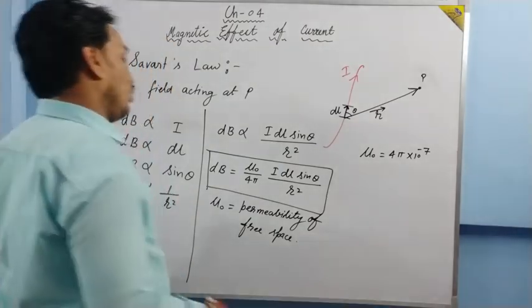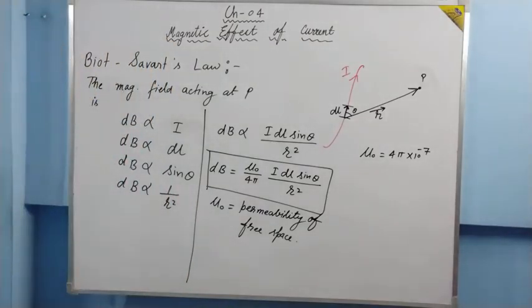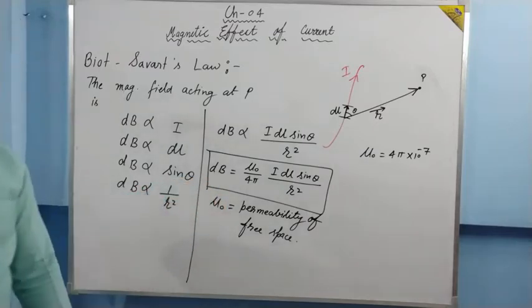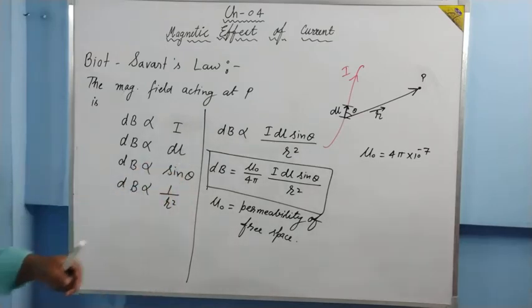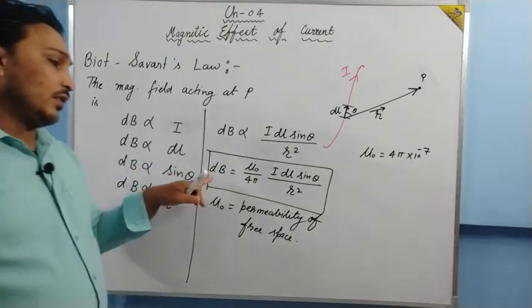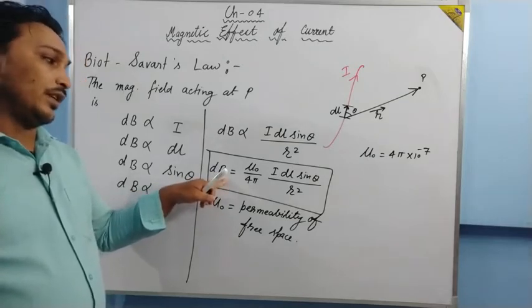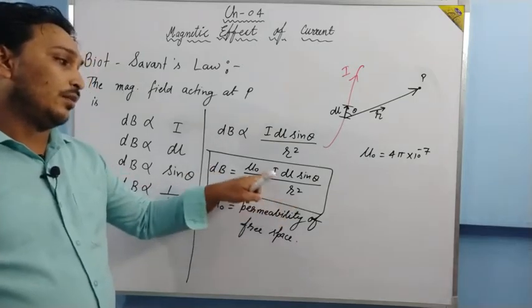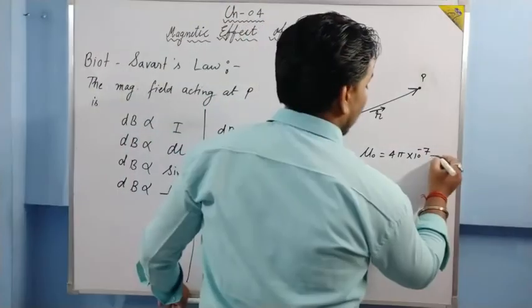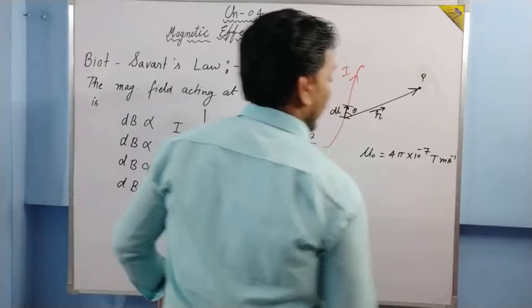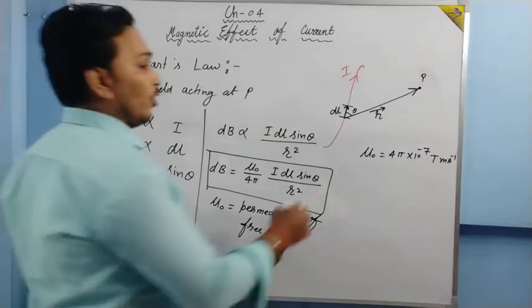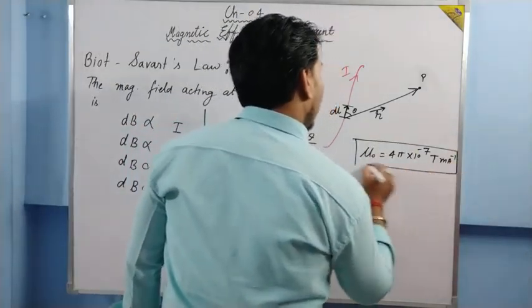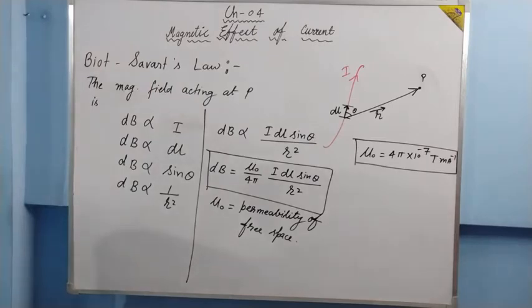We'll discuss it later on. In chapter number 5, we'll define the magnitude of 1 Tesla. Also, we'll define 1 Tesla in this chapter, but later on. Here you have to say that the unit of magnetic field is assumed to be Tesla. So the unit of mu naught is Tesla meter per ampere. One meter is cancelled out over here. So 4 pi into 10 to the power minus 7 Tesla meter per ampere is the value of mu naught for free space.